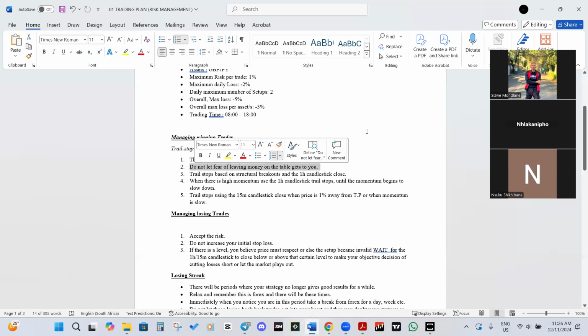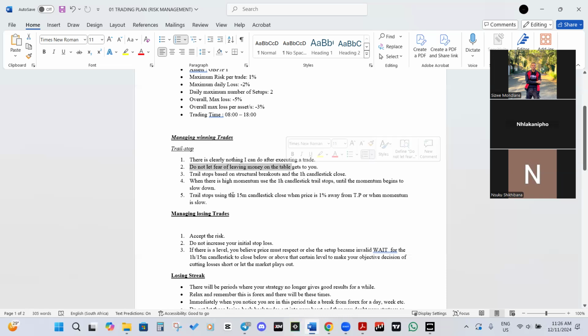Also, as you trade, you discover things which will keep battling with you over and over and keep repeating. So the best thing to do is to put them in your trading plan, put them in your journals, so that you keep reminding yourself of this until you overcome it.